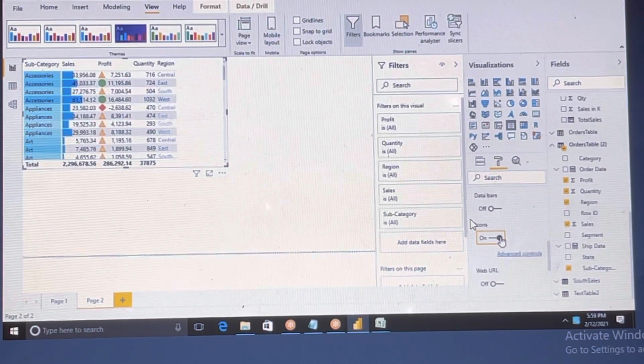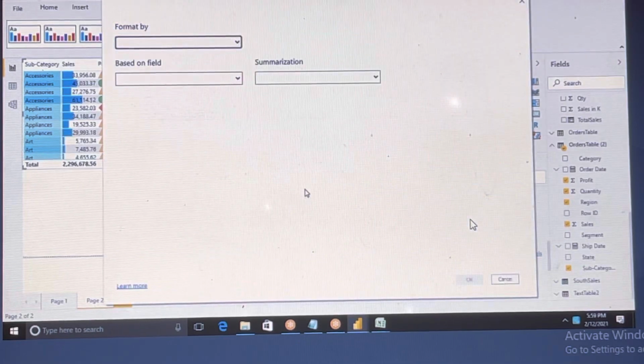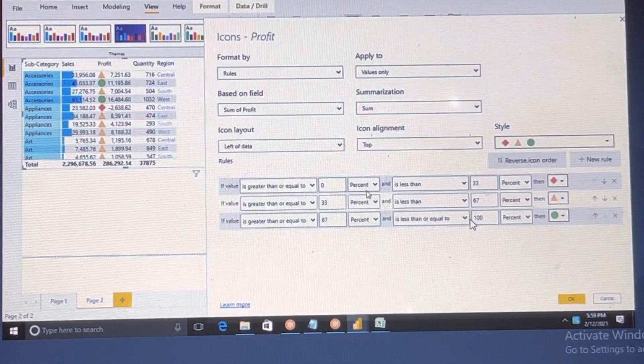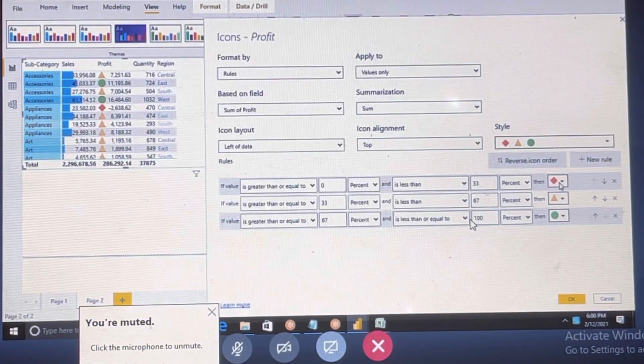You can use icons, but how are we getting these icons? Just observe here, advanced control, right? If you observe here, the value is greater than or equal to 0% and less than 33%, then it is showing this one.